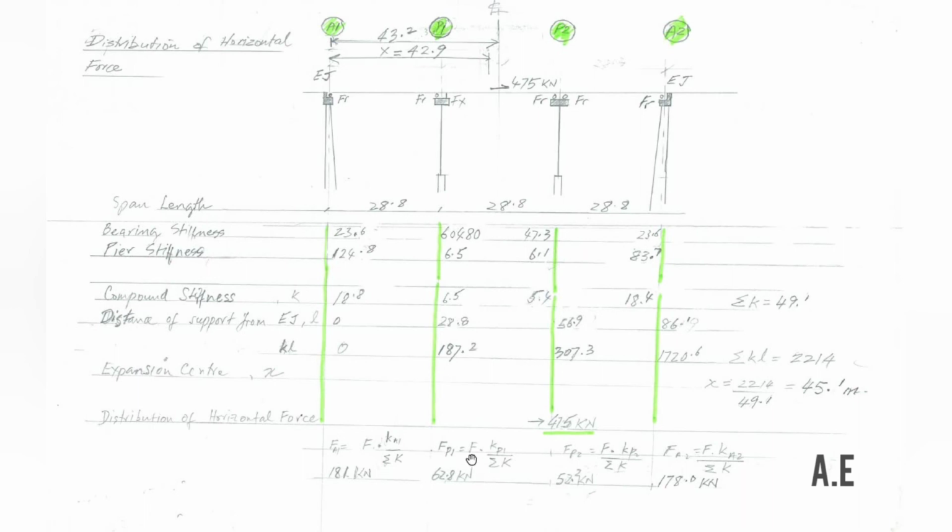We can do the same thing for P1. You multiply 475 by 6.5 and divide by the total stiffness of 49.1. You get the force applied to P1 as 62.8 kilonewton. You can do the same calculation to get the force transferred to